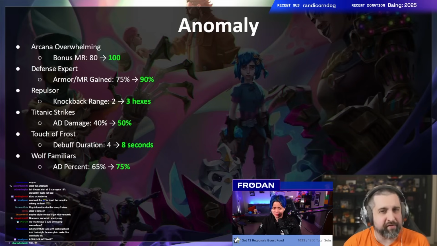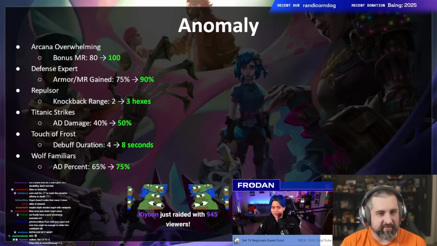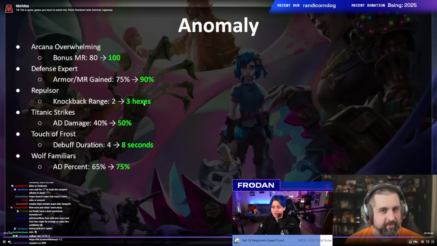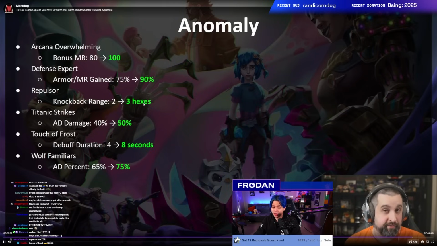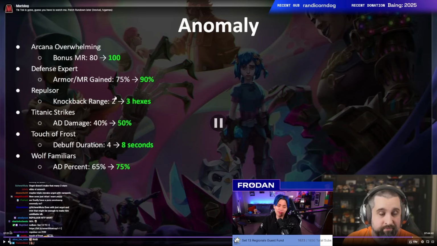Okay. Repulsor's in a weird spot. It already gives 40% attack speed, so we can't really buff the attack speed, so we're buffing the knockback range. I don't actually know if this buffs it much at all, but now if they're further away, you can knock them back and be really annoying. So yeah, cool. I mean, the thing about Repulsor is that this effect, the knockback effect, when it's good,